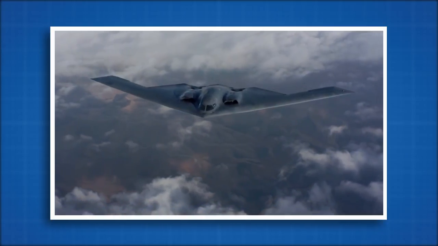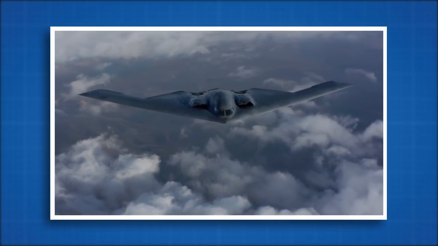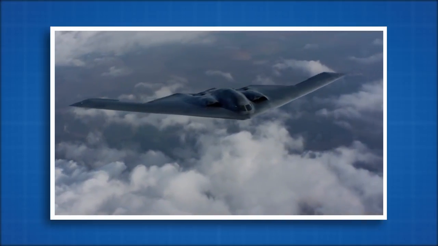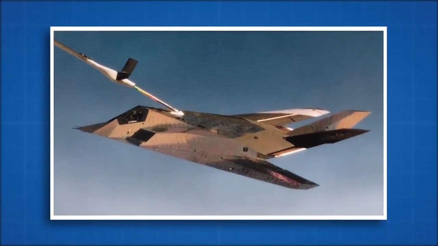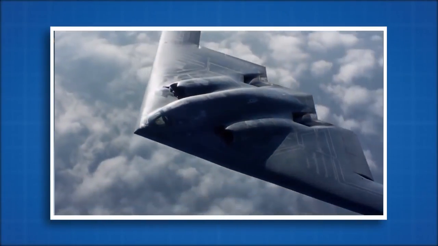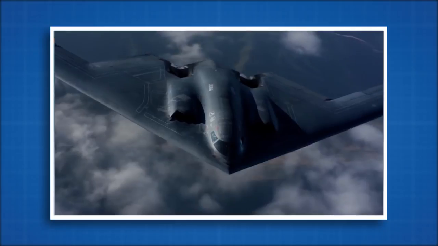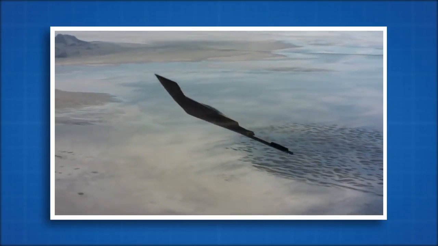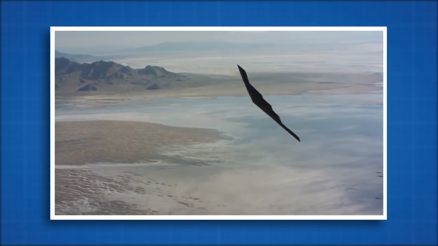The aircraft was designed with the aid of computational models and a supercomputer, which resulted in an incredibly complex curved shape. This technology was not available during the development of the F-117 Nighthawk, resulting in its much simpler faceted flat panels. The B-2's radar cross-section is further reduced by its streamlined flying wing design, with its highly reflective engines embedded within the aircraft, where radar cannot see them. Even the engine's air intakes and exhaust vents are located on top of the plane to ensure they cannot be